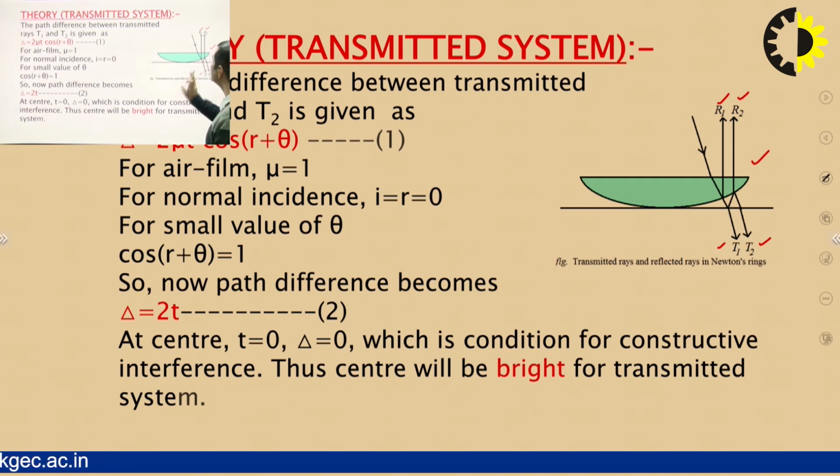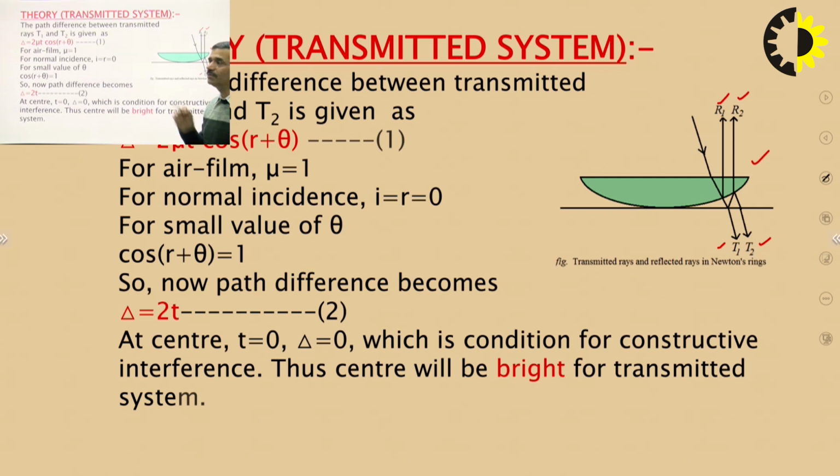Again, this is the wedge film, a non-uniform thickness thin film, so we will apply the theory of the wedge film. We have already found that the path difference between the transmitted rays for a non-uniform thickness thin film, the wedge film, is